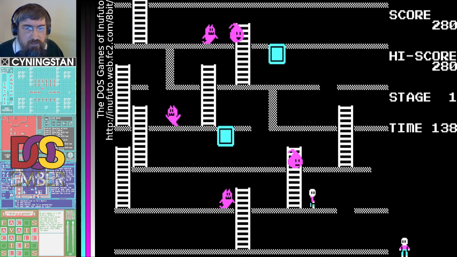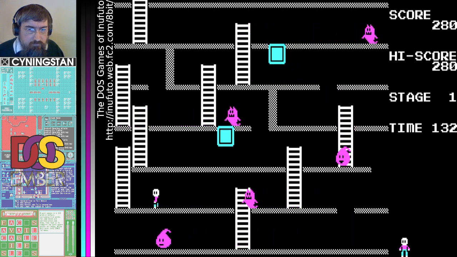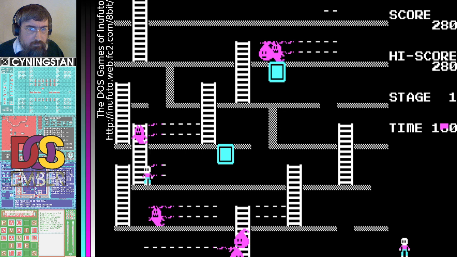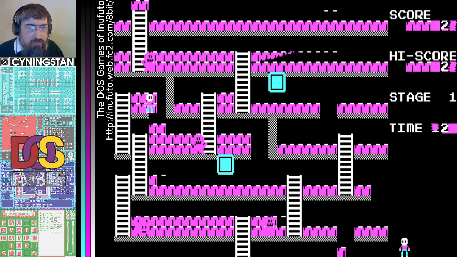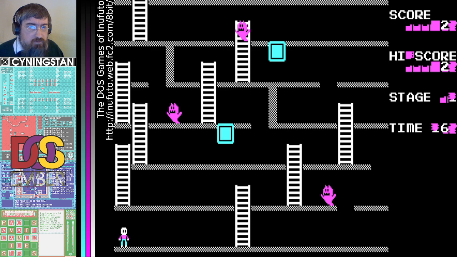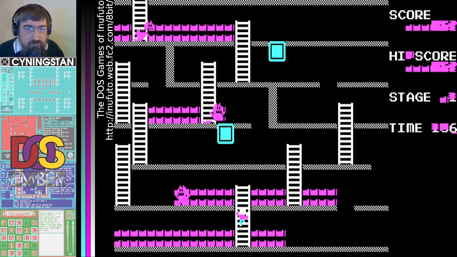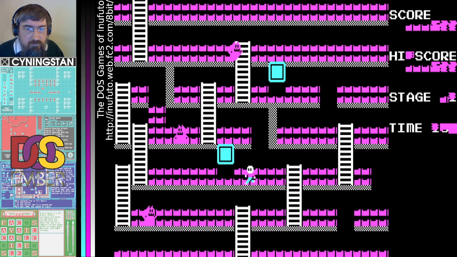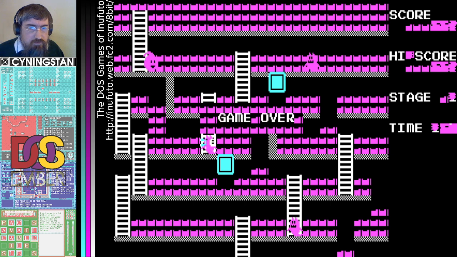Okay, it's the little flame-shaped ones. The little flame-shaped ones. Ah, is this a bug? Oh dear, I think I found a bug. Whoops. Let's... No, that wasn't what I meant to do. Okay, well that's cleared up the bug. Yeah, I think I found a problem with the game. Right, this is... No, I don't want to be going there. Game over.